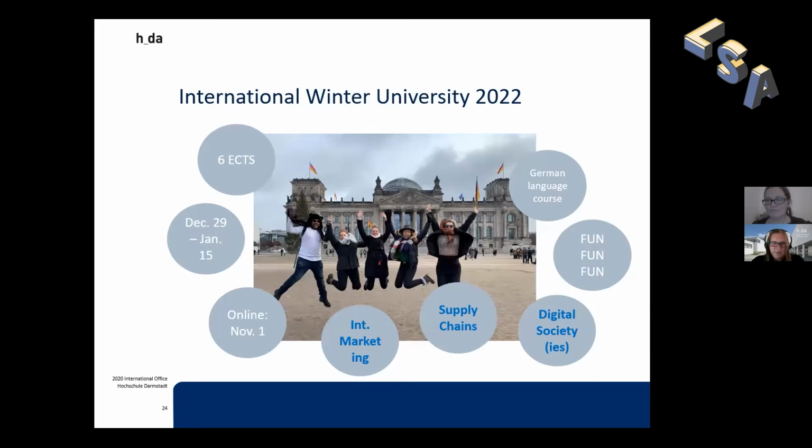The reason is that Hochschule Darmstadt is called a University of Applied Science. So we want to focus on practical and hands-on experience. And once you're here in Darmstadt, we want to focus on excursions and company visits. So we have to talk about the theory of those 3 modules in advance. This is why we meet once a week online, starting in the week of November 1st, to talk about